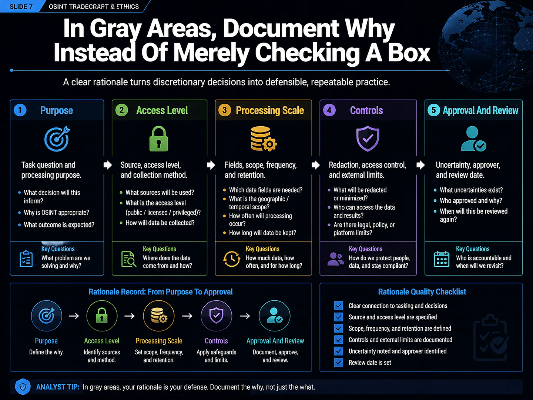A box marked compliant explains almost nothing in a gray area. Write the reason. For example, to determine whether the account misuses a company identity, collect only role title, publication date, and domain for the last 3 months. Delete contact values after verification. Limit the result to the internal risk team. That note states the question, fields, period, handling, and audience. It does not replace authorization or legal basis, but it gives reviewers something concrete to challenge and update.